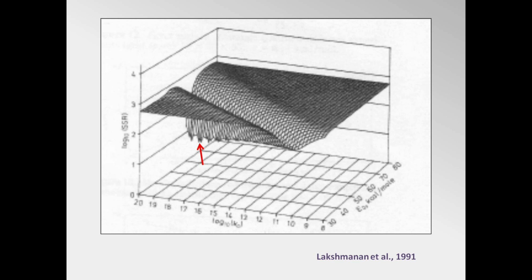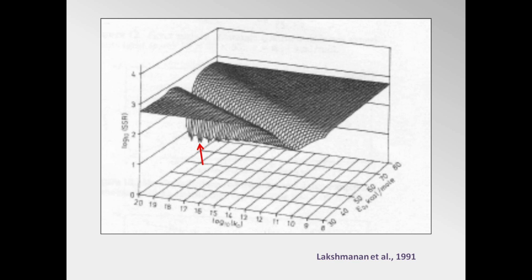The consequence is that although you can obtain a single best A-E combination, that combination doesn't fit the pyrolysis data significantly better than an infinite number of other possible A-E combinations that fall along what is commonly called the compensation line. This diagram in 3 dimensions shows the log of the A factor